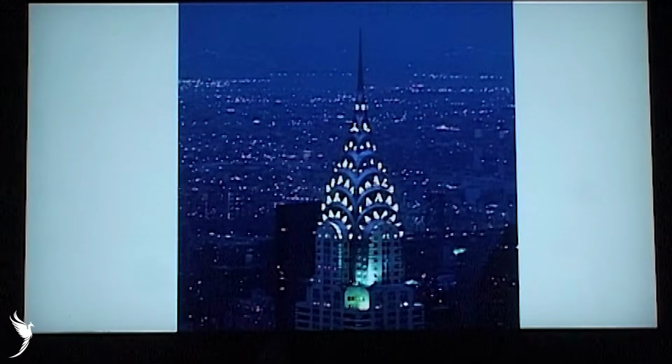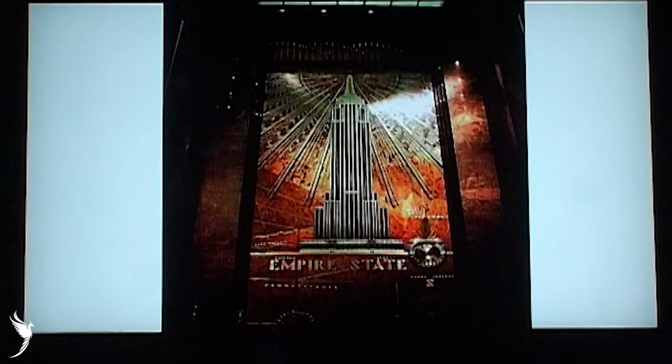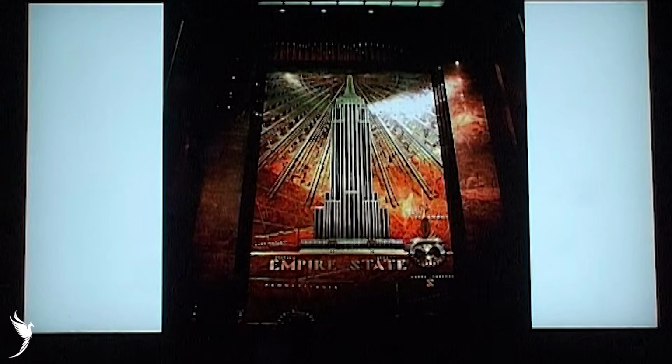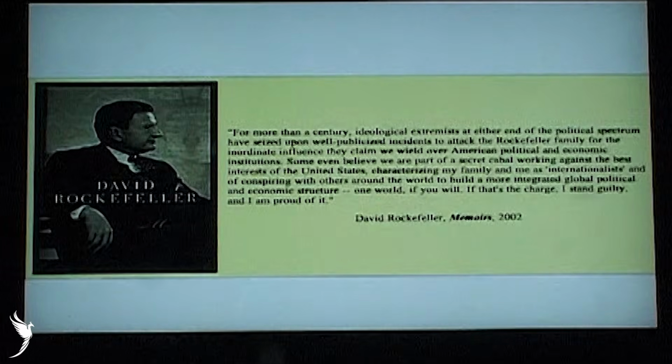You'll see that sunrise in buildings, like in New York, the Empire State Building is a set of sunrises. When you walk inside, you'll see the sun at the top emanating from the top of the Empire State Building. This is an interesting quote. It's talking about the Rockefeller Center. This is taken from a book written by David Rockefeller, called Memoirs by David Rockefeller. And in it, he said this, quote, "For more than a century, ideological extremists at either end of the political